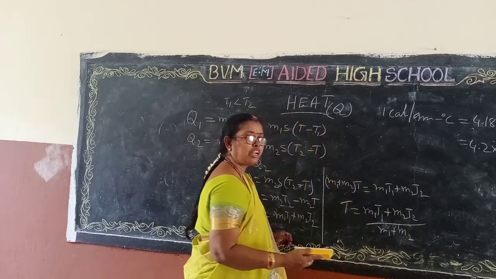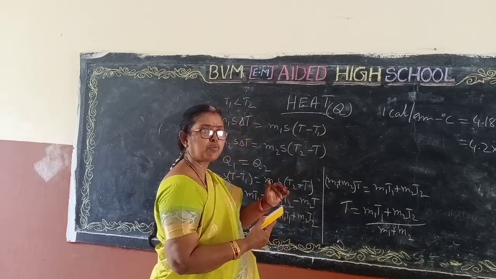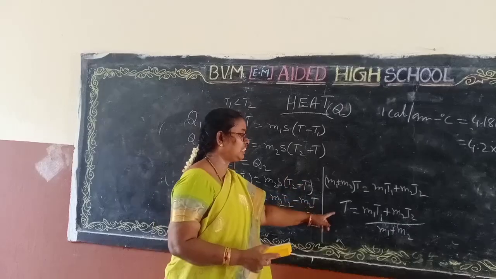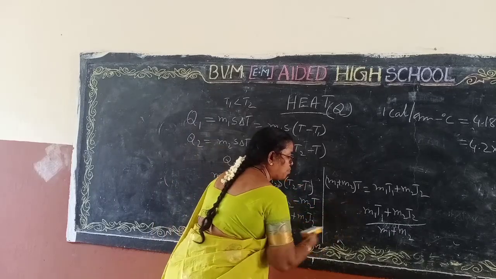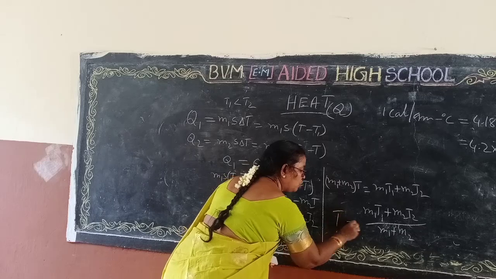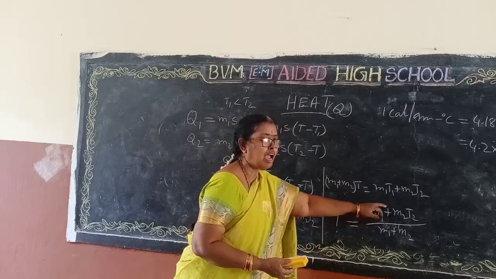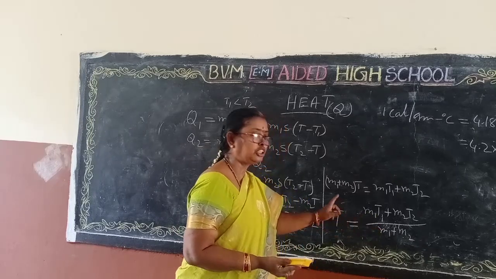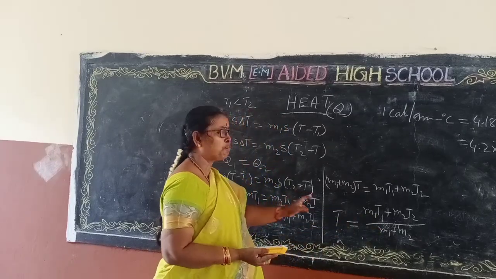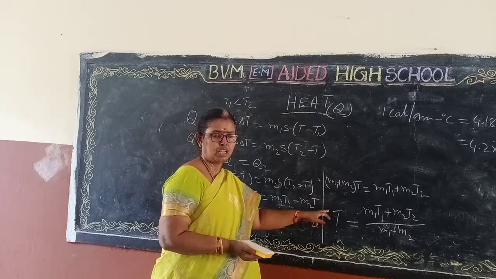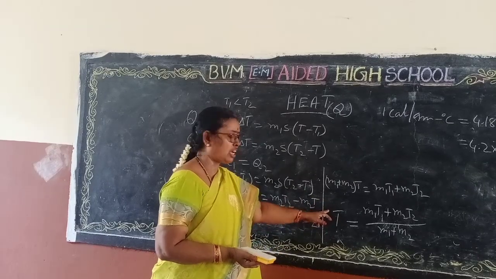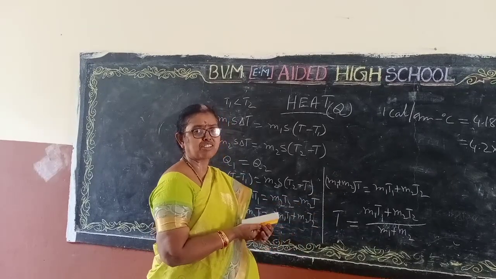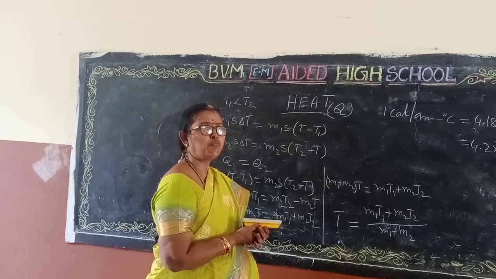So the experiment we have done, we have taken different masses of water and mixed them. In that condition, what will be the resultant temperature? The resultant temperature T will be equal to (M1 T1 plus M2 T2) by (M1 plus M2). So this formula you should write. This we call thermal equilibrium temperature, and we can find the resultant temperature by the method of mixtures. That is we call the principle of mixtures.